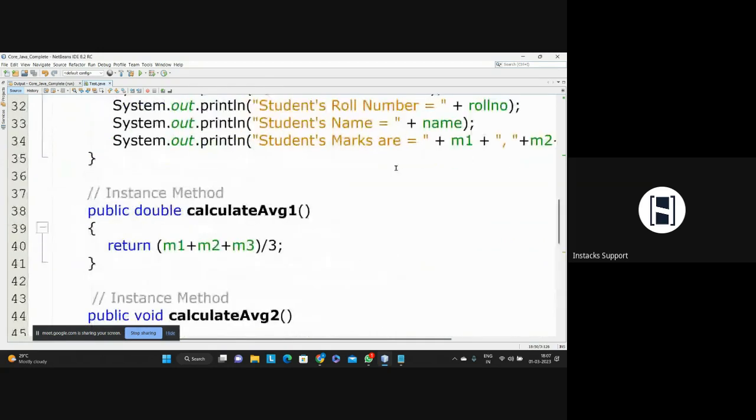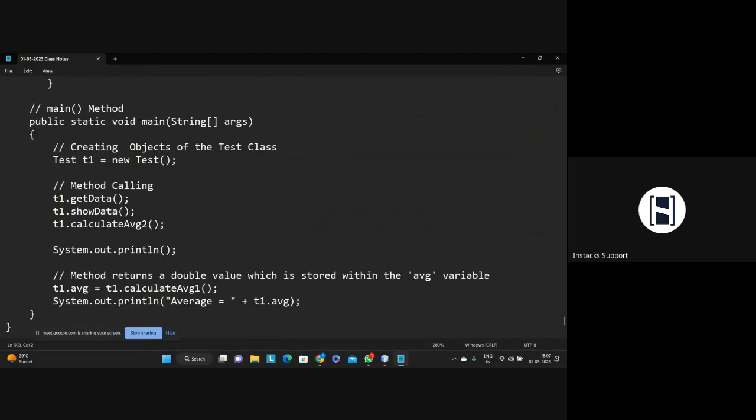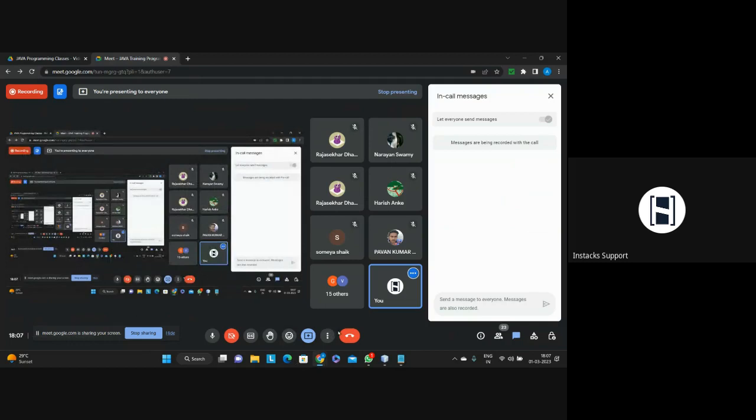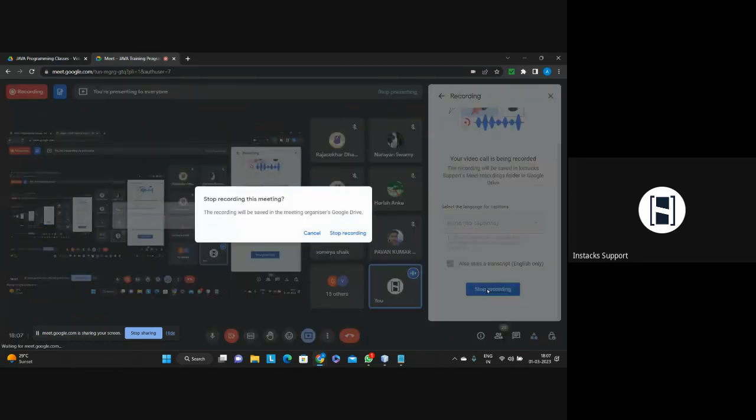So how to write the function, whether to keep the return type or not, all those things you have to decide. You have to see which is the most suitable one for your program. So guys, I'm just going to